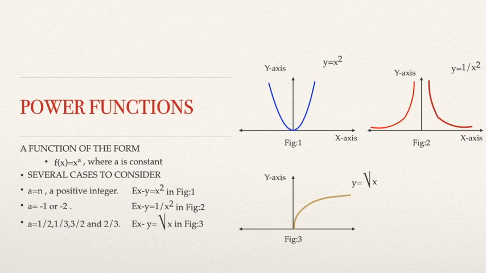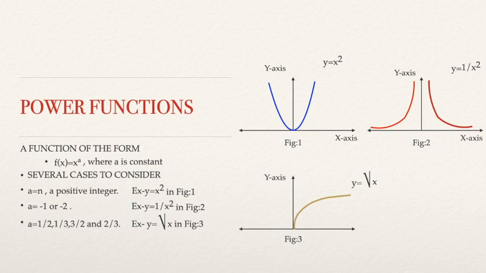and a equal to -1 or -2, example y equal to 1 by x square. That means 1 by x square can be written as x to the power -2, where the a value is -2. The graph of this function is shown in figure 2,